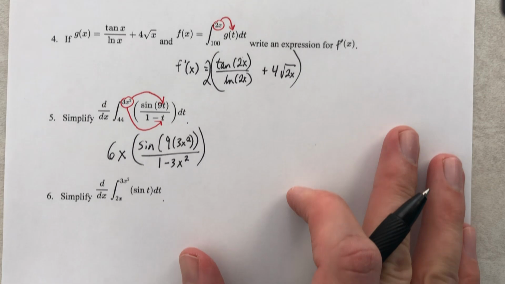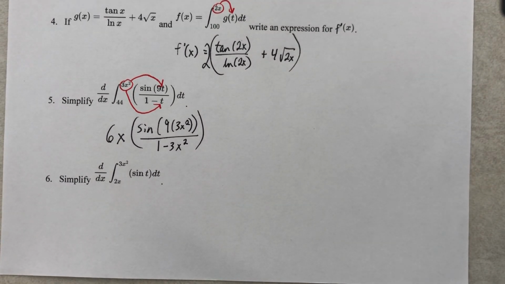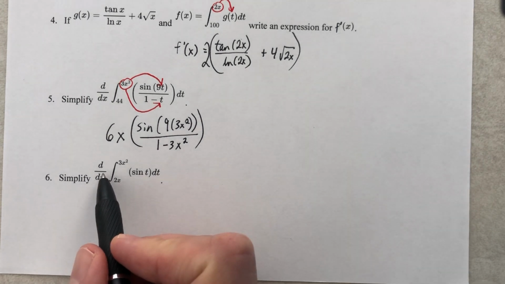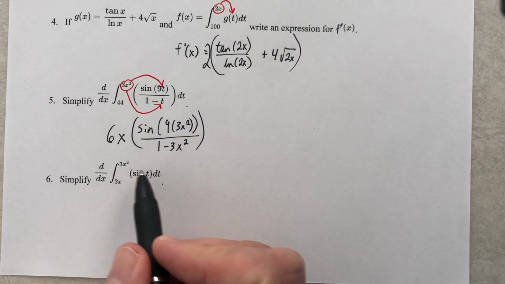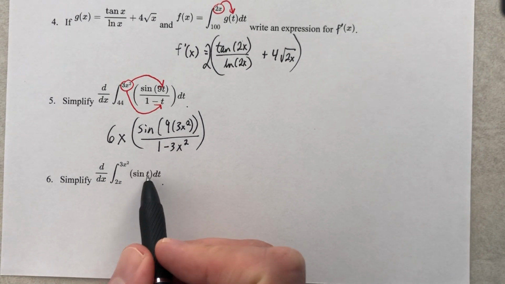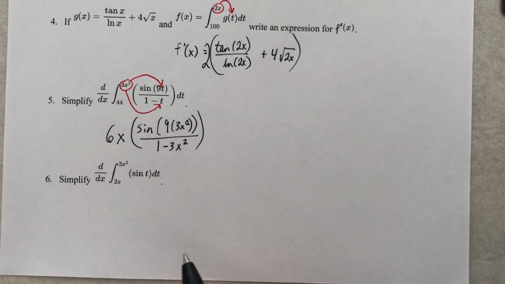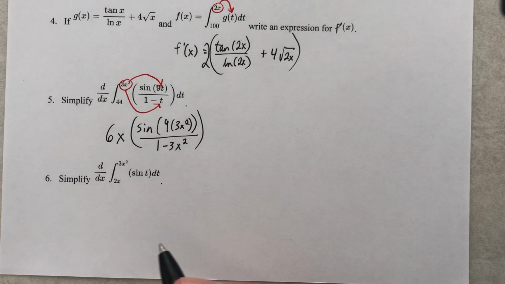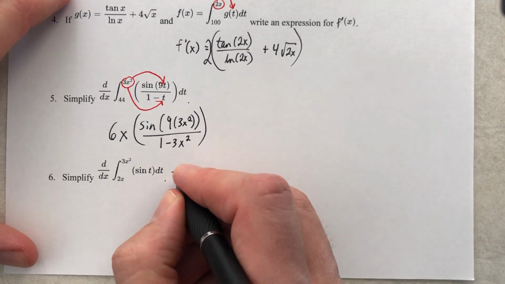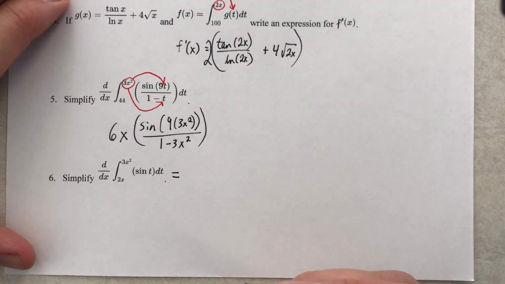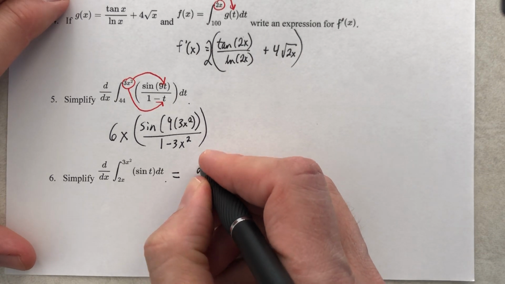All right, last one. Fun stuff. I love this one. Okay, find the derivative of an integral. Oh, well, let's just plug it in. Looks like the last problem, we'll just plug in 3x squared. Look at that down there. That's not a constant. Not a constant. So check this out. Things are about to get a little wacky here. This is equal to something. This is equal to the derivative